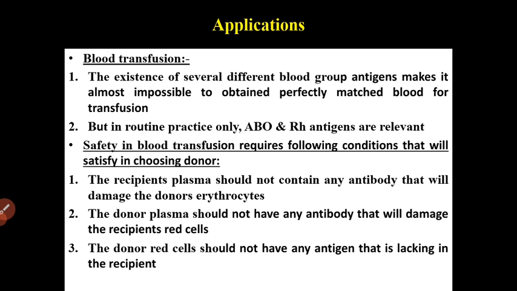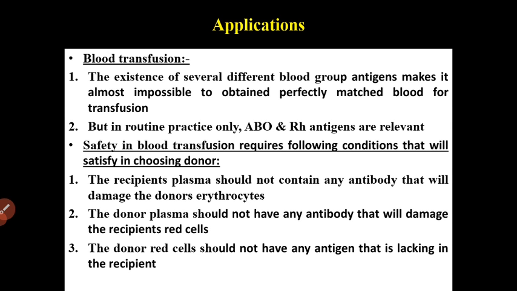Now, some O group plasma may contain isoantibodies in high titers, like 1:200 or more, and then they will damage the recipient cells. Okay, and they are known as the dangerous O group. Now, due to the absence of isoantibodies in plasma, AB group persons were designated as universal recipients. You all know that. Fine. So, AB group donors may not always be available due to their rarity, and it may on occasion be necessary to use donors of other groups.